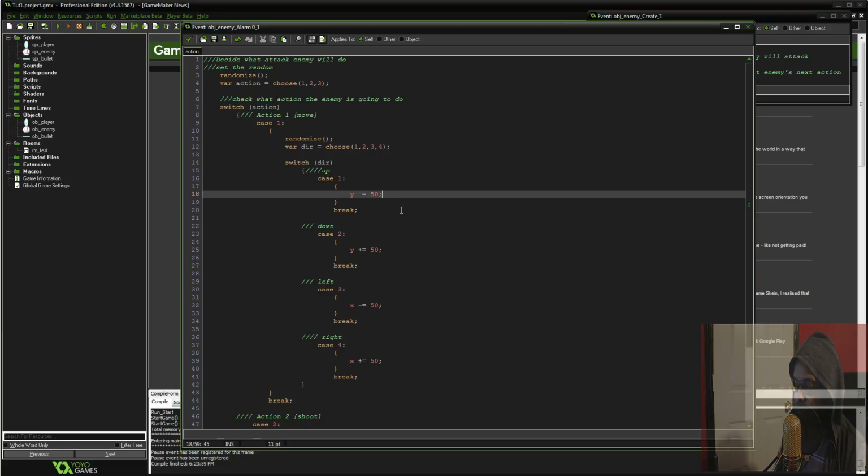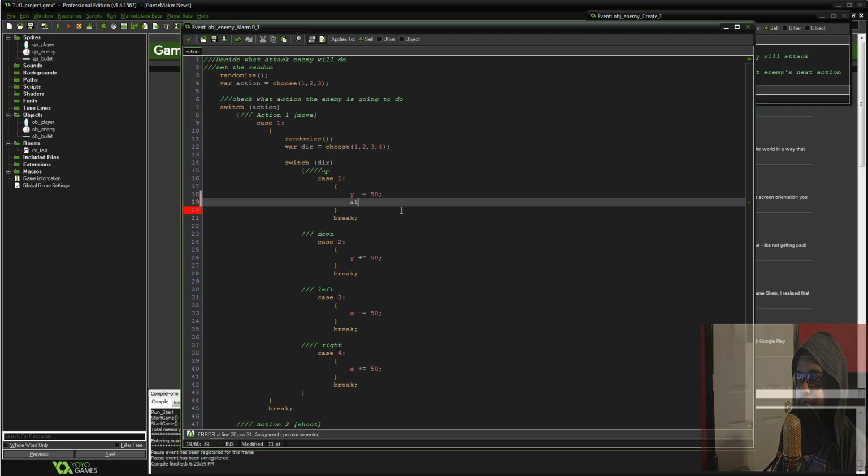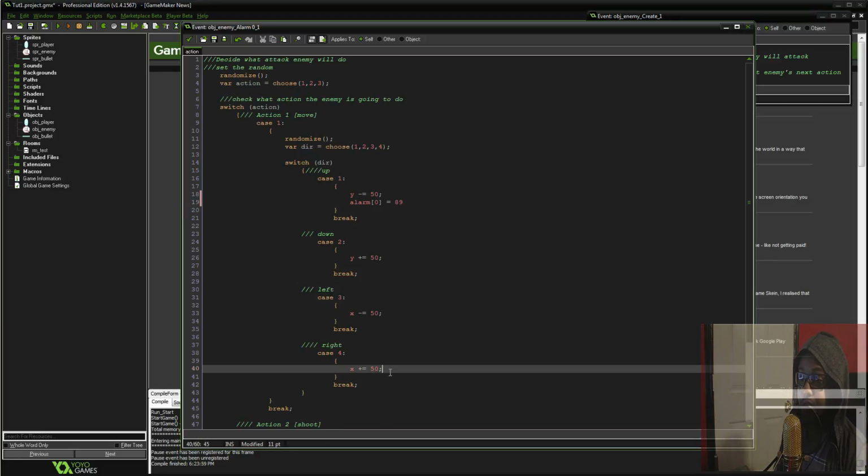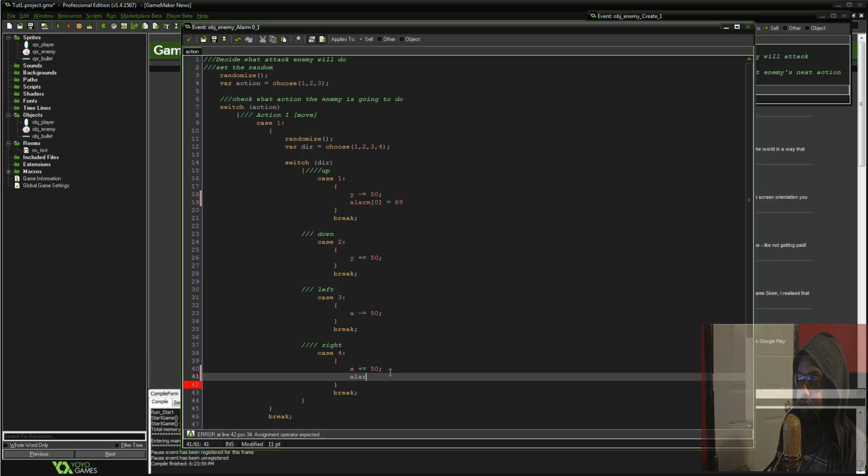If you were going to do it for each one, you will simply just put alarm 0 equals 89 here. Then you might put, okay, he moved right. His left leg is bad, so whenever he moves, or his right leg is bad, so whenever he moves to the right, he has to wait longer before he can attack. And you'll do it just like that. But for this video, this tutorial,